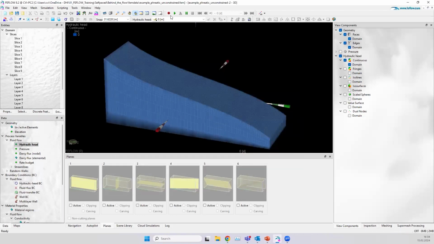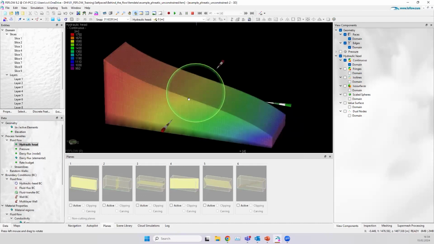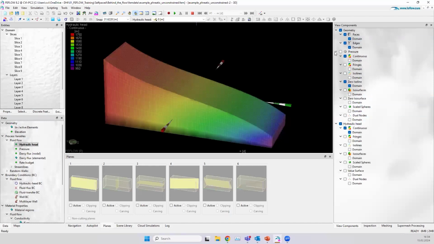So press OK, and then it's run. I'm using the PARDISO direct solver. It takes really just a few seconds, and then the simulation results are available. Here we have the values of hydraulic head changing from the values that we set according to the hydraulic head BCs. If I plot the water table, we can use the option of the free surface, the pressure,